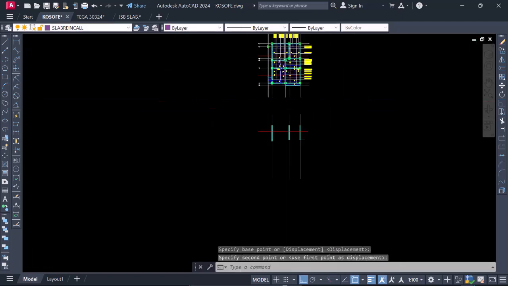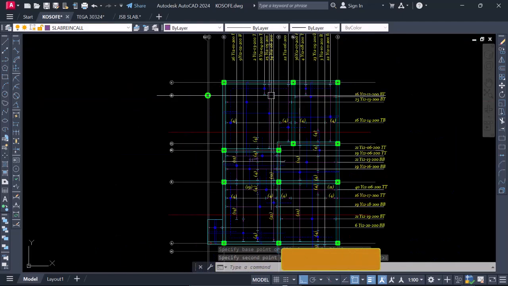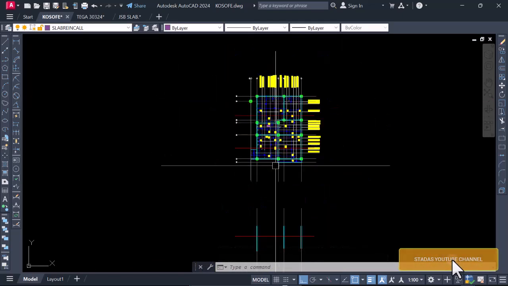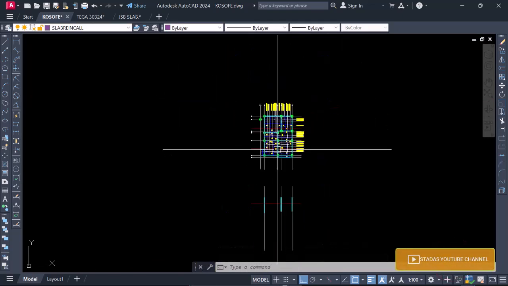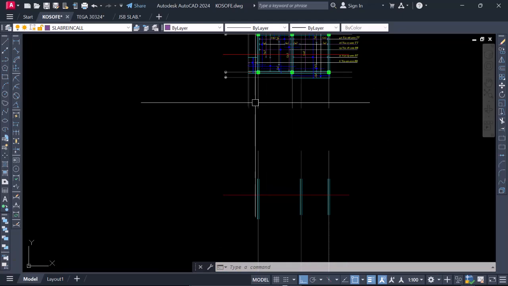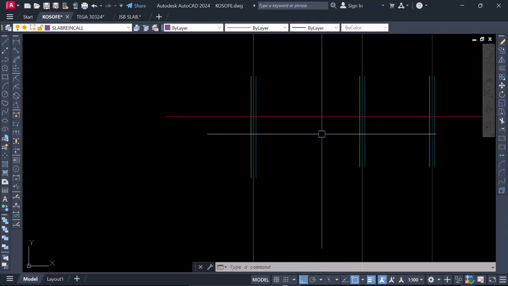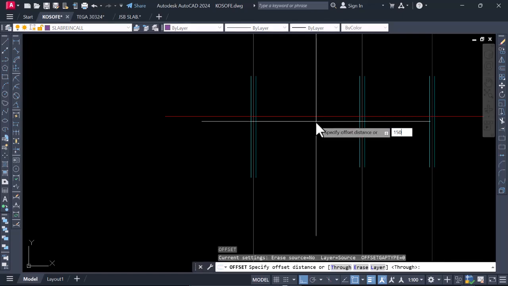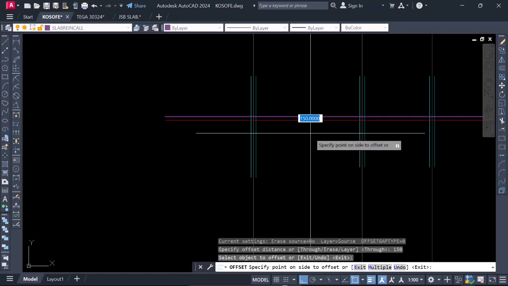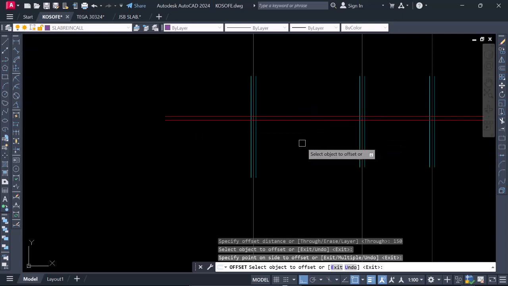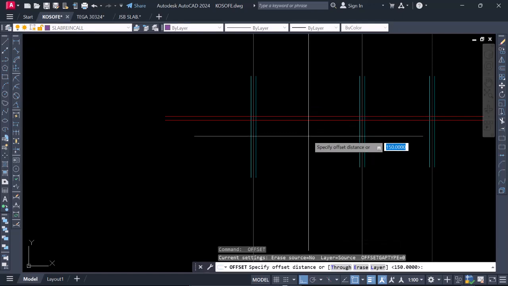The thickness of this slab that we are reinforcing is 150 millimeter, and the depth of the beams that we have is 450. So what we're going to do is offset 150, all in millimeter. Our scale is set to millimeter. So what we're going to have is